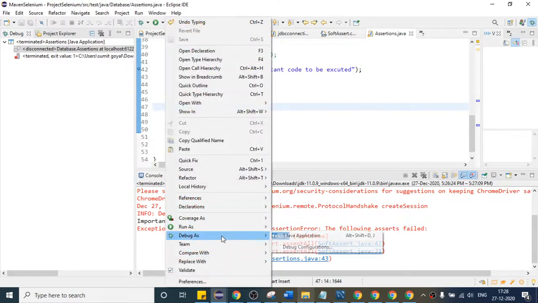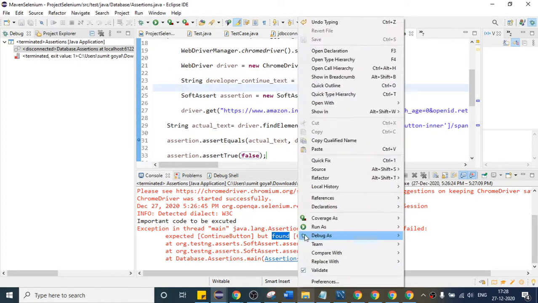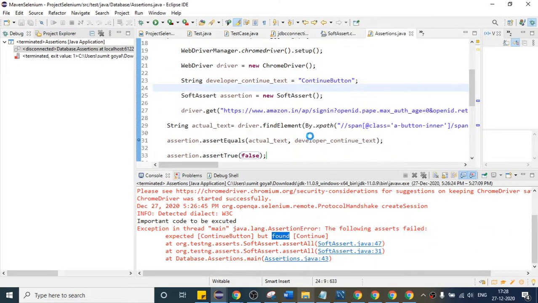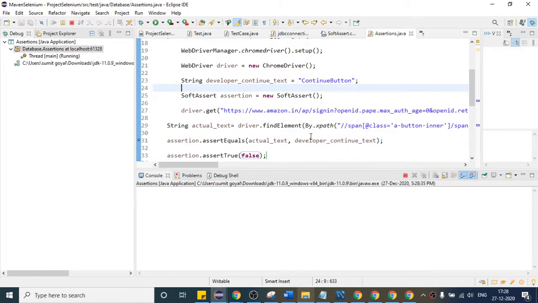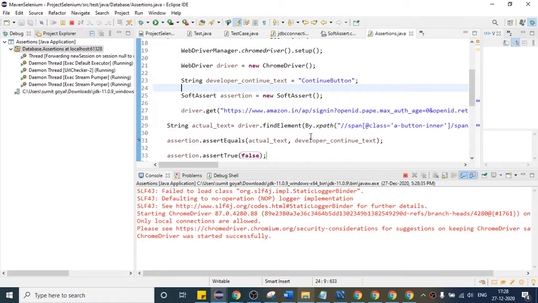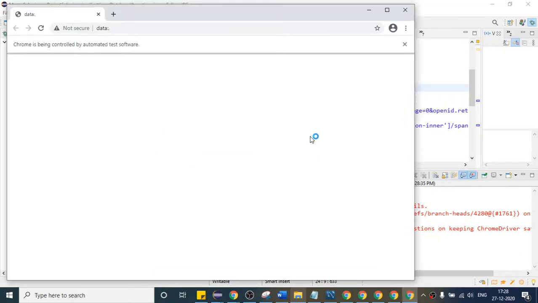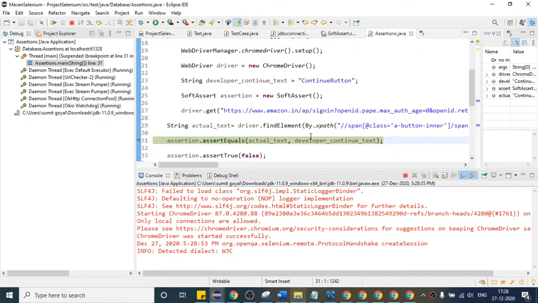So if you want to see how it will work this time, debug as